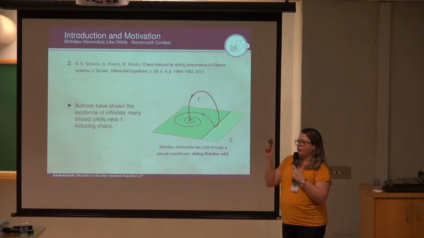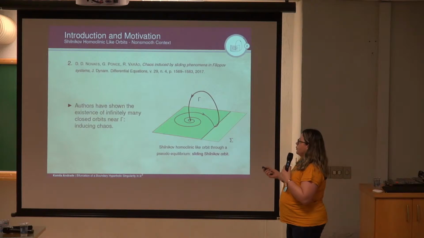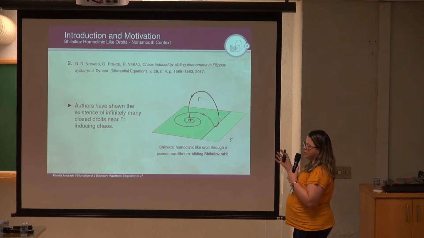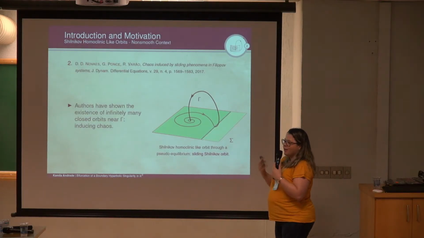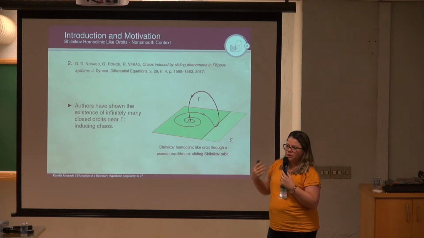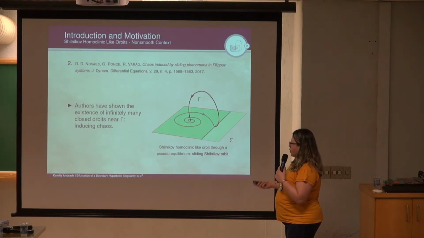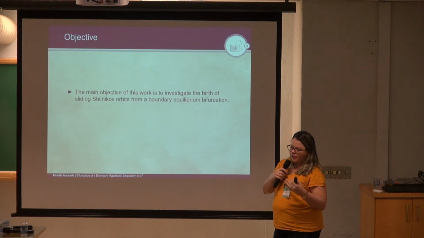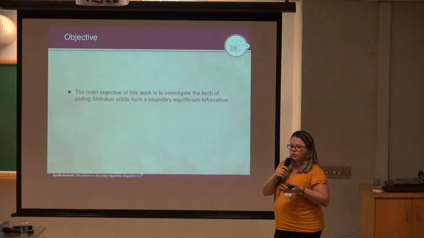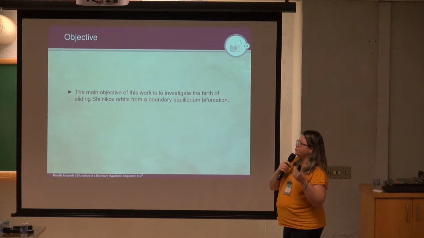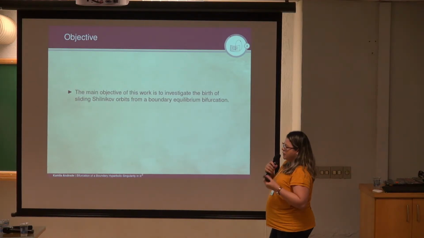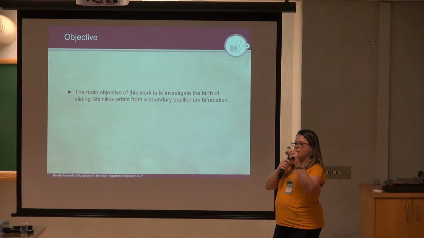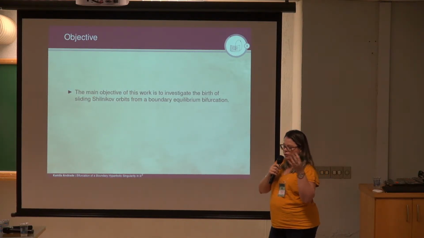And also, Douglas with Possi and Varão have shown that we can find chaos near this structure. So this connection, as simple as it seems, is very rich when we look at the dynamics near this structure. Then we have tried to determine if this kind of connection can occur generically when we perturb some local singularities. The main objective here is to investigate the birth of this kind of connection from a specific boundary equilibrium bifurcation. It means that we have a local study, a local analysis of a boundary